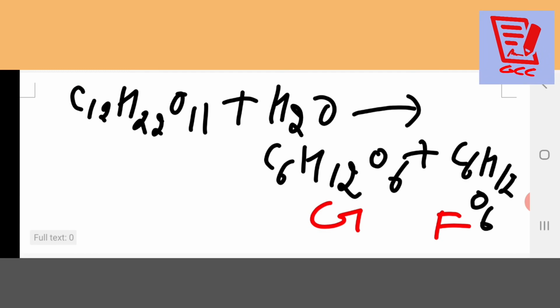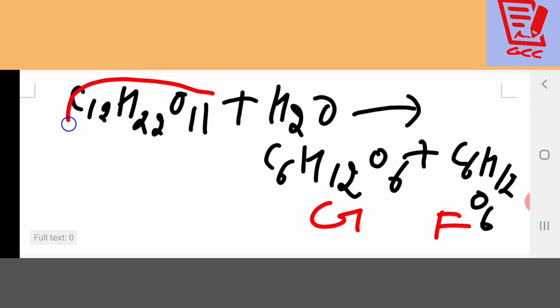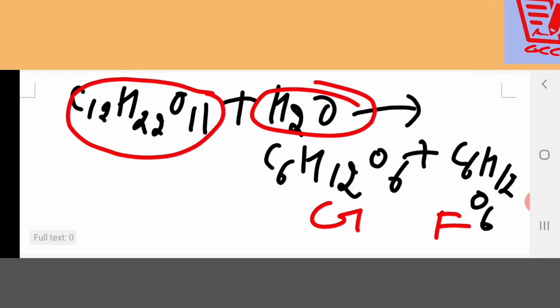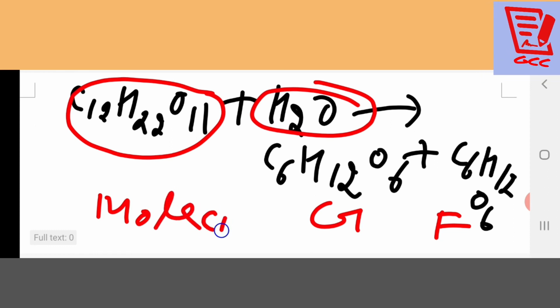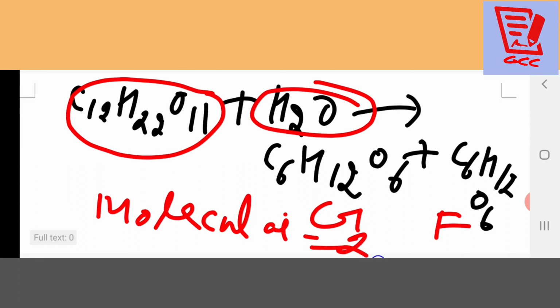Students, we will take one more example regarding that. That is called hydrolysis of sugar, or you can say inversion of sugar. I will take the example of sucrose C12H22O11, which gives glucose and one is fructose. Clear? Now here also, beta, you can see how many reactants there are. Total reactants are 2, so its molecularity looks like 2.